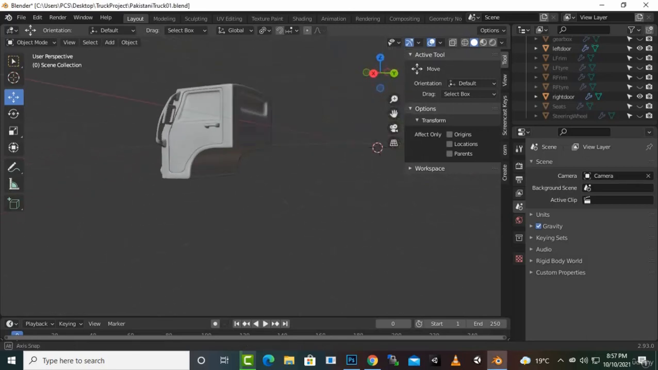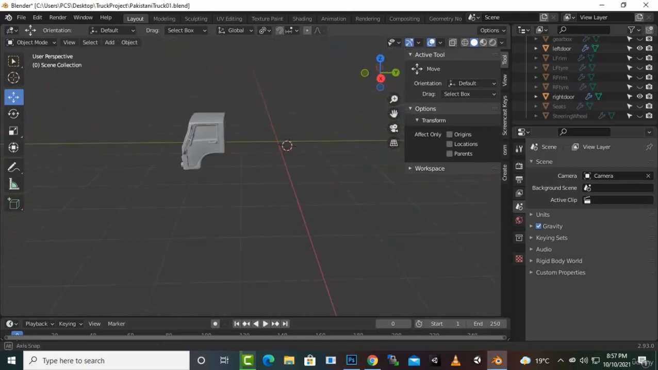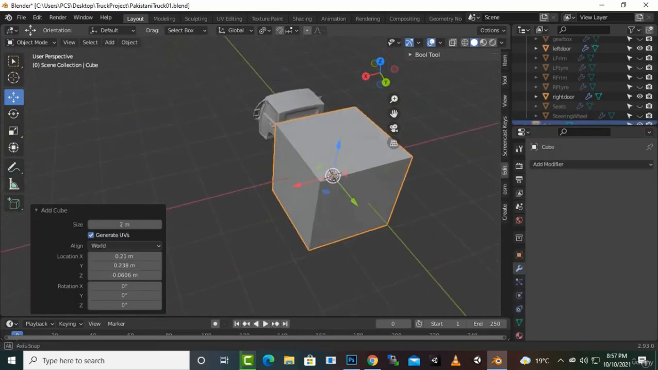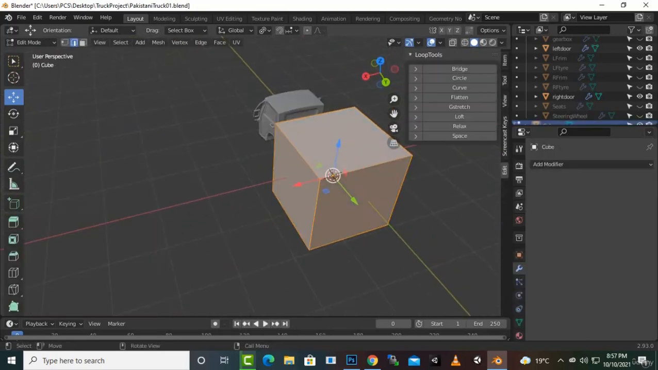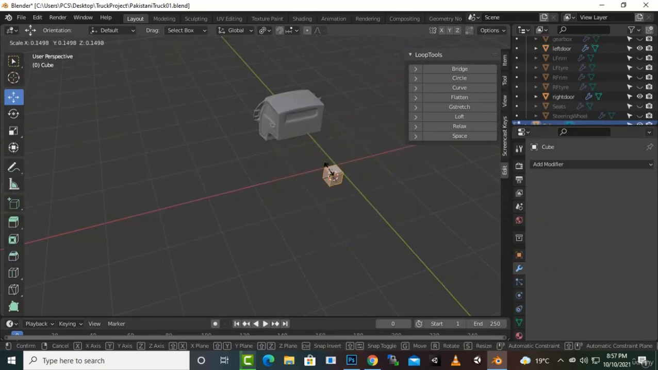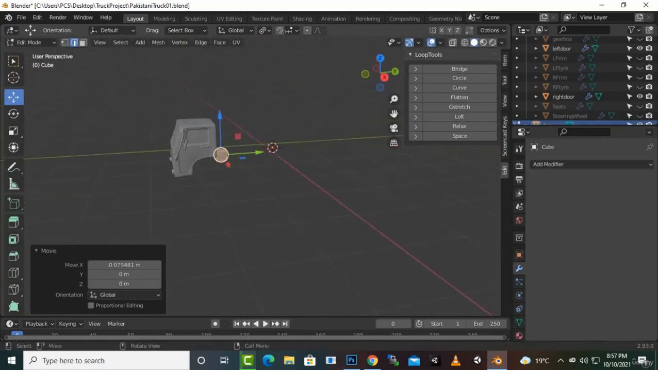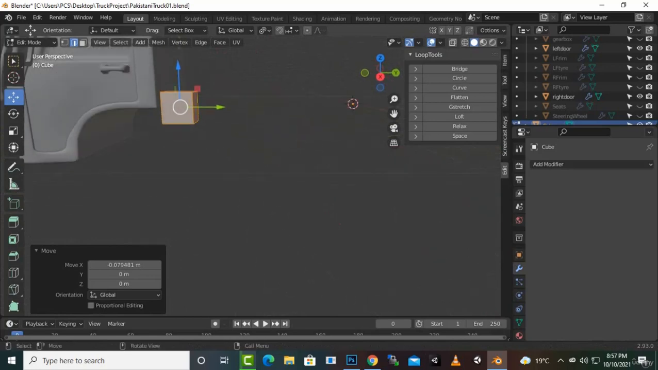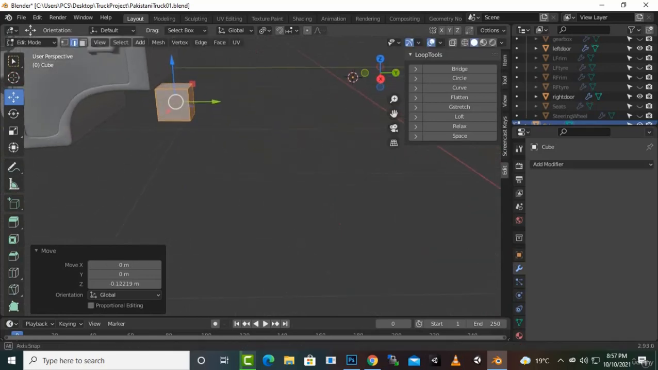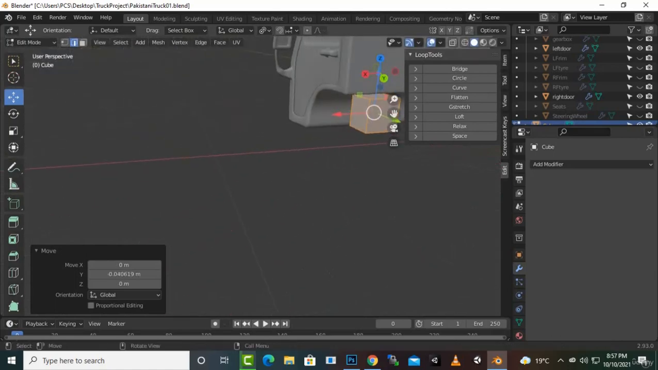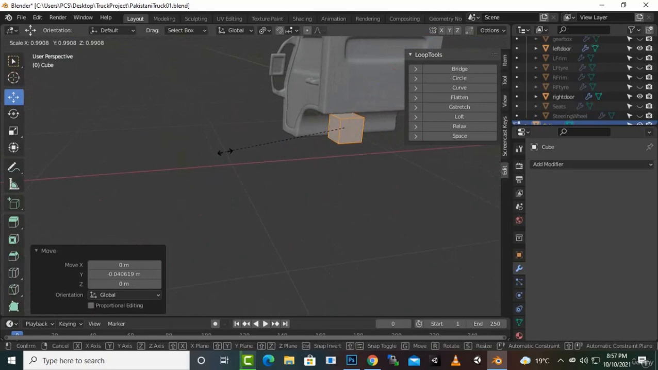Everybody, in this video we are going to create the back section of the truck. So we'll just create a cube, we'll press edit, we'll press S to scale it. We can go to top view and we can organize it to this section. We can go to this view and we'll just make it from here. So we'll just scale it to x-axis,